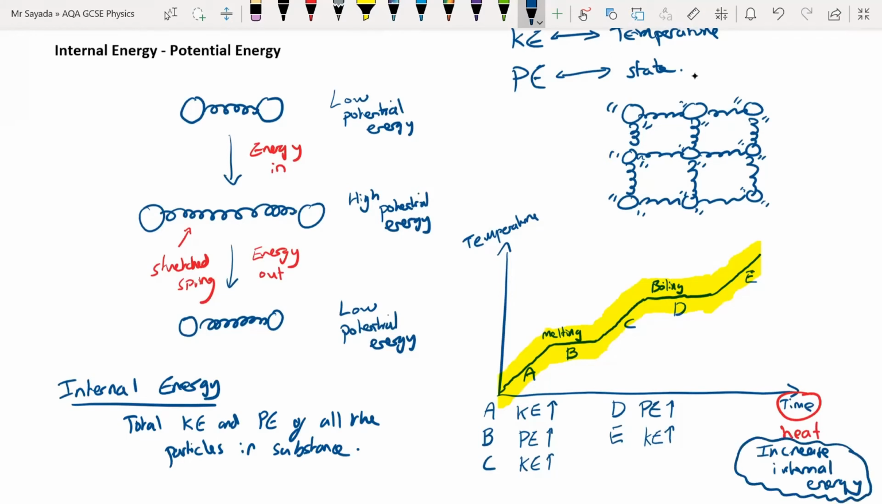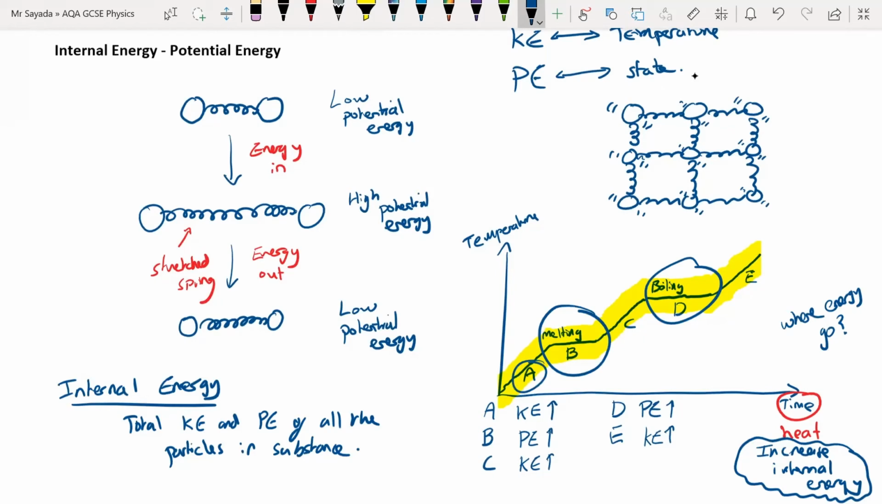So now we can answer that question. How come in these sections here, temperature stopped increasing? The question we could ask is, where did the energy go? Well, instead of the energy going to the kinetic energy of the particles, the heat energy went to the potential energy of the particles. That's all that was happening. So in section A,